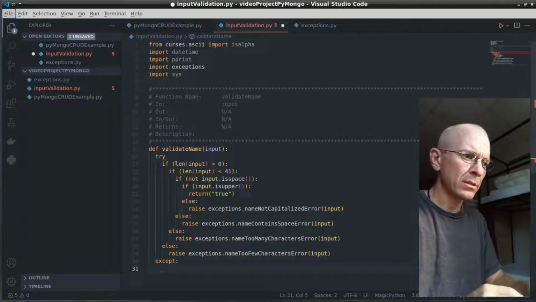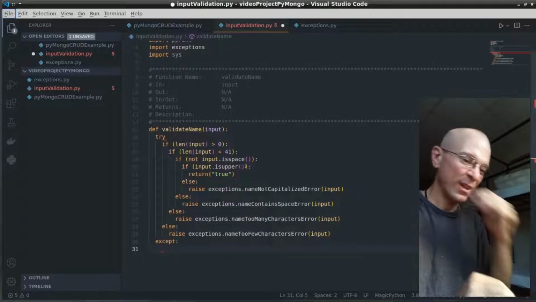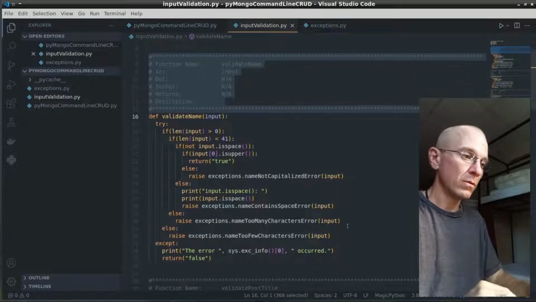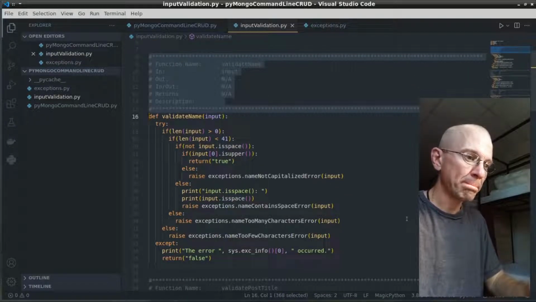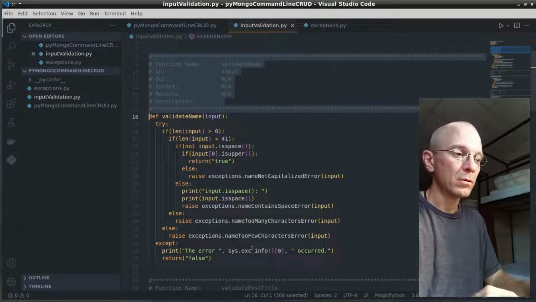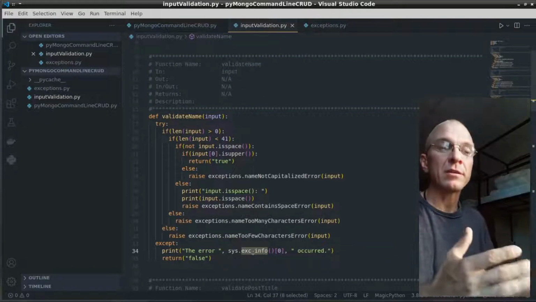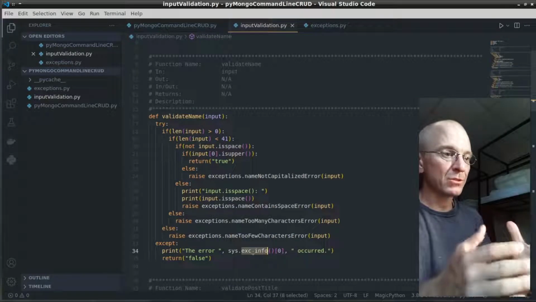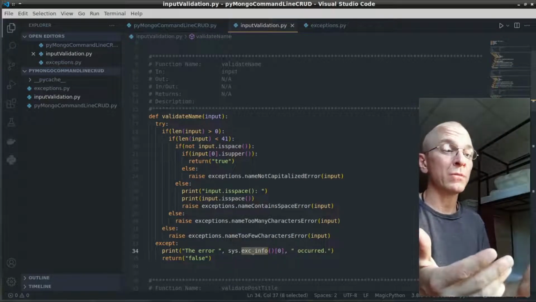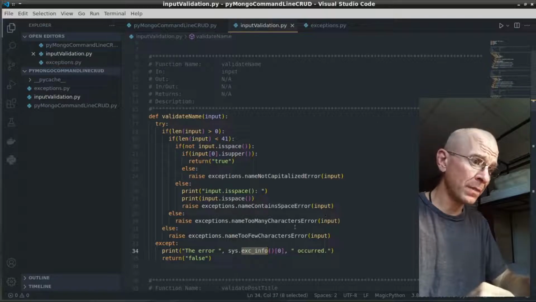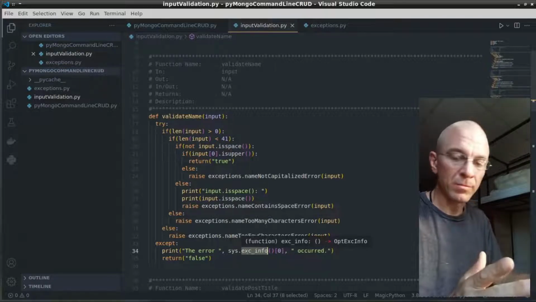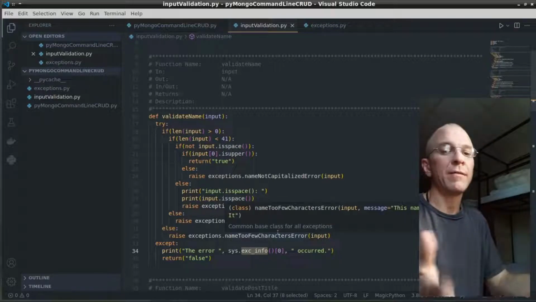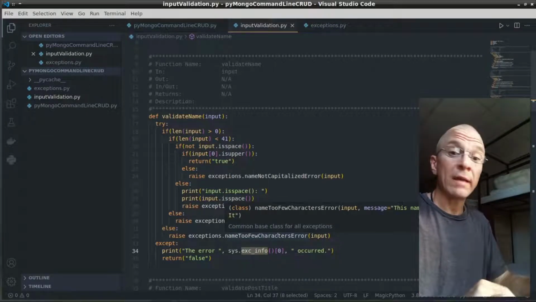Except, let's see, how did I do this over here? You have to print the error. So we're going to print, this is a call to the process or the function that just happened. I'm learning some of this too because I'm learning how Python works, to be honest with you. But this is the system call. This is the call to the error stack, if you will, or the error queue. Whatever this returned,